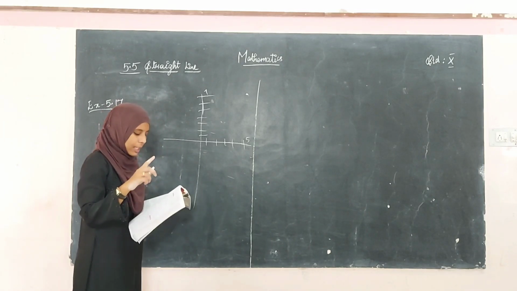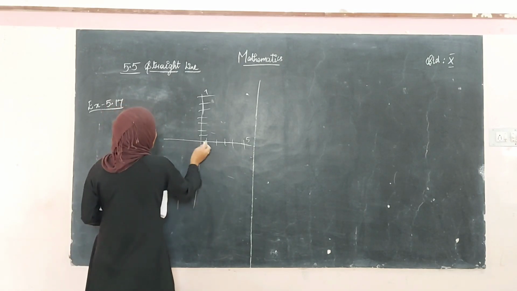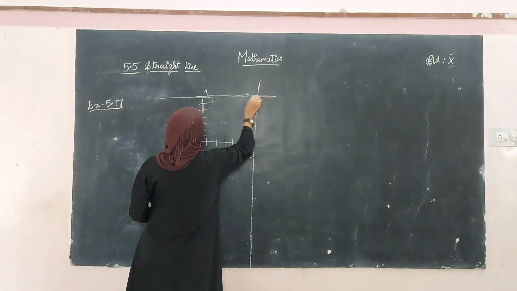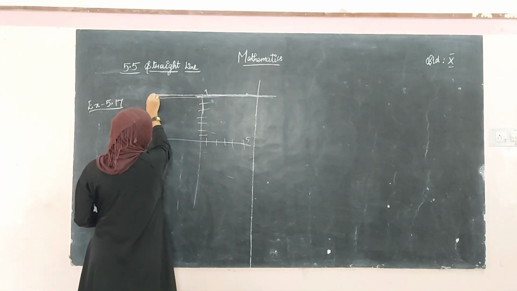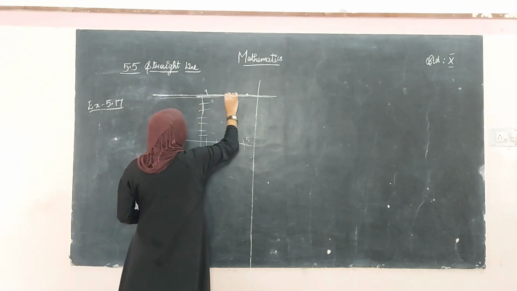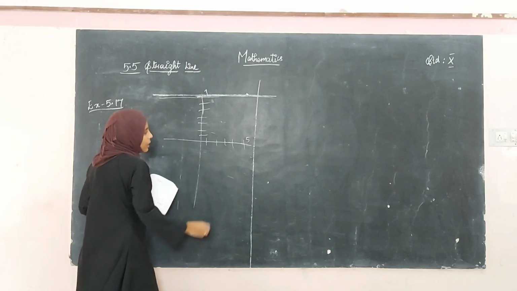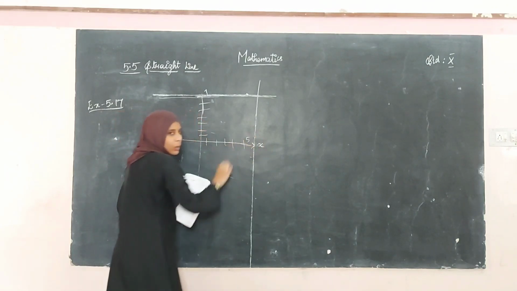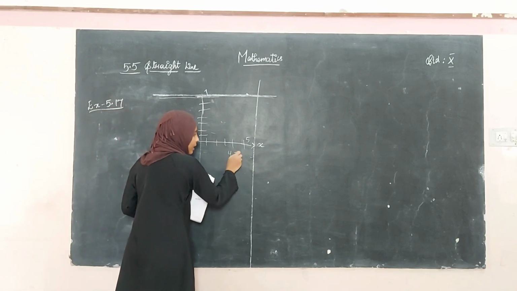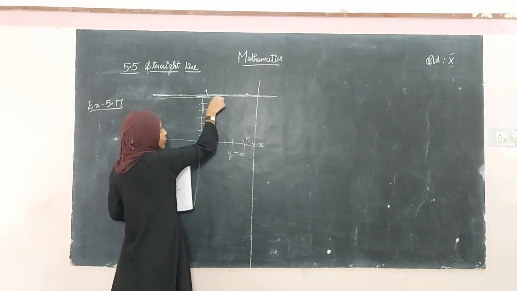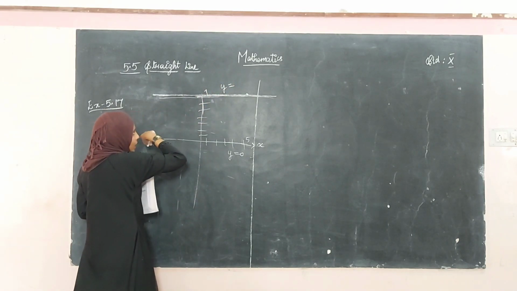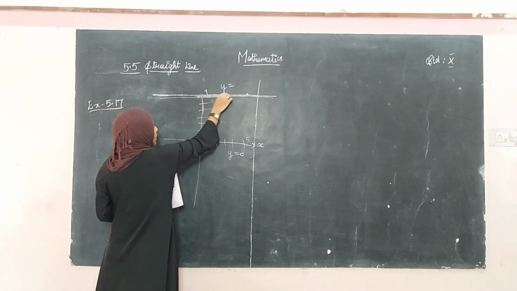Now see the first condition, parallel to x-axis. Parallel to x-axis means it will be like this. This line passes through this point and it is parallel to x-axis. Then what will be the equation of this line? So this is x-axis, right? This is x-axis. So what is the equation of this? Equation of this line is y equal to 0. And what about the equation of this? Y equal to, now we have to check for the value of this one.